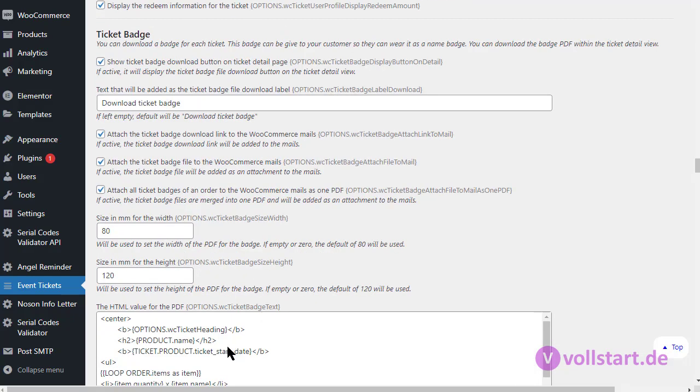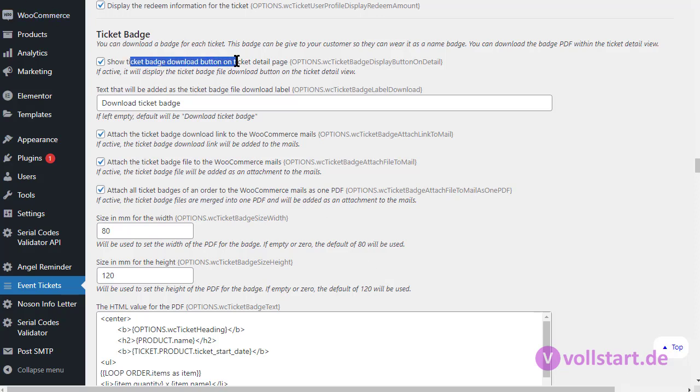User profile, ticket badge, event organizing. Maybe you have an event where people are handed out badges. They can put them around their neck, running around, and the ticket badge can also be attached and sent to your customer. Most of the time you will download them by yourself and print them out, or you tell them, please print them out, bring it with you. And you can always, with the laptop at the entrance, go to the ticket and download it if they forgot their own and print it for them and cut it.